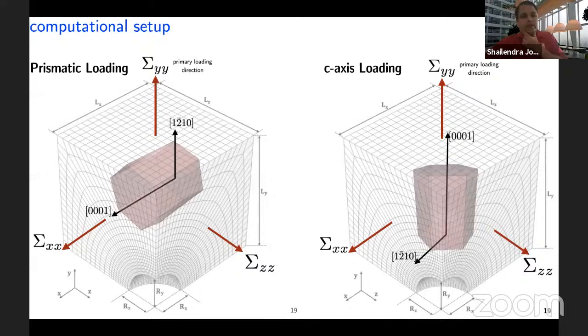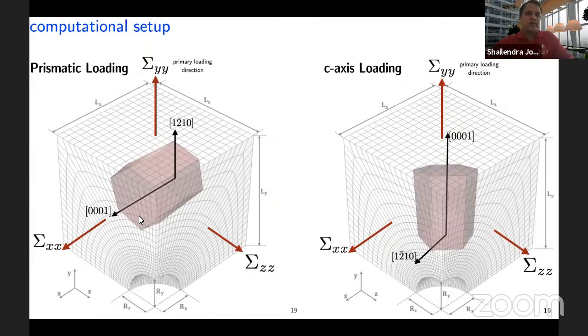So here is the protocol that we are using. We are going to look at three-dimensional unit cells. These are cubic cells with a spherical void inside. I'm showing just the 1/8 portion of it, but we actually model the entire cell to discount any constraint due to symmetry. So we allow for any symmetry breaking by way of deformation, being subjected to primarily tensile loading states, where the primary loading direction is along the y-axis, and the stresses along the x and the z are controlled in terms of ratio to control the stress triaxiality.